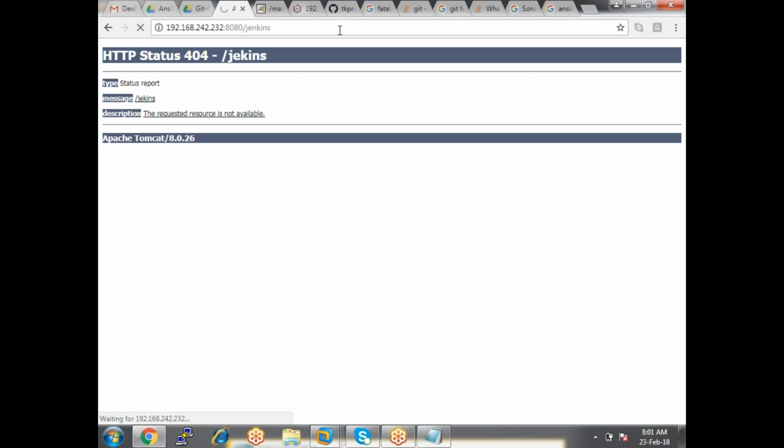For example, I have a team of 4 or 5 members of the DevOps team. In my team, I have some juniors and some seniors as well. Juniors need not have access to the entire application.